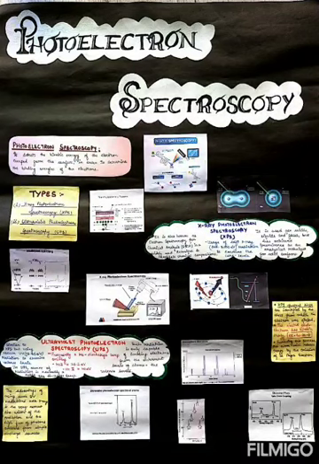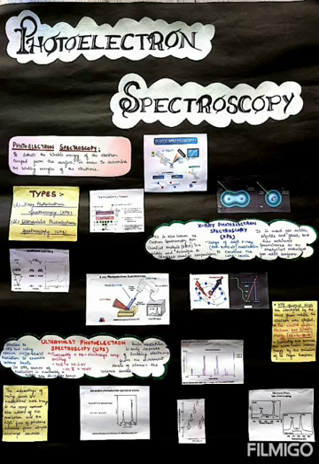The figure of X-ray photoelectron spectrometer is displayed in the poster. Its working is as follows. A beam of light is focused on a metal surface. The beam of light containing the threshold frequency further lets the electron of the metal surface emit out of its surface, which is further detected by a detector connected to it.